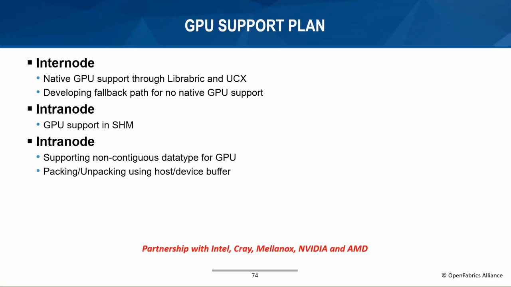Okay, so that's for the collectives. The plan for the GPU is relatively simple. Most of the internal GPU support, especially the native GPU support, we rely on the network library, in this case, the Fabric and also UCX. What we're trying to provide here internally is a fallback path for the case where native GPU is not supported. For example, if I have a non-contiguous GPU buffer, then we have to pack it first, and then utilize the native path